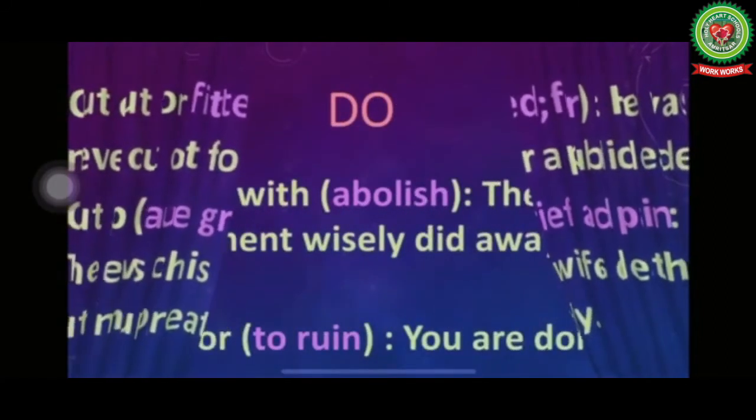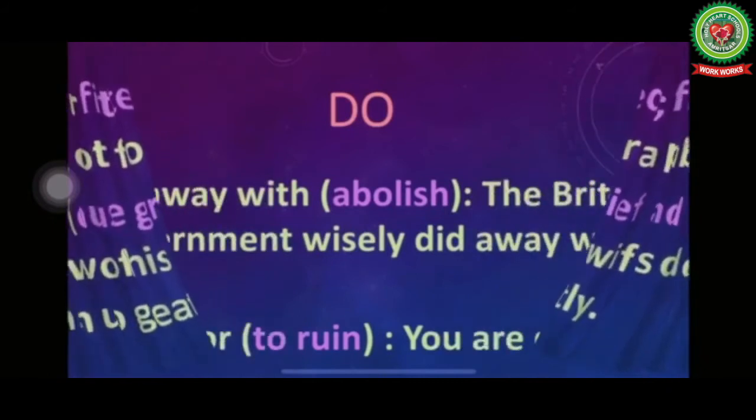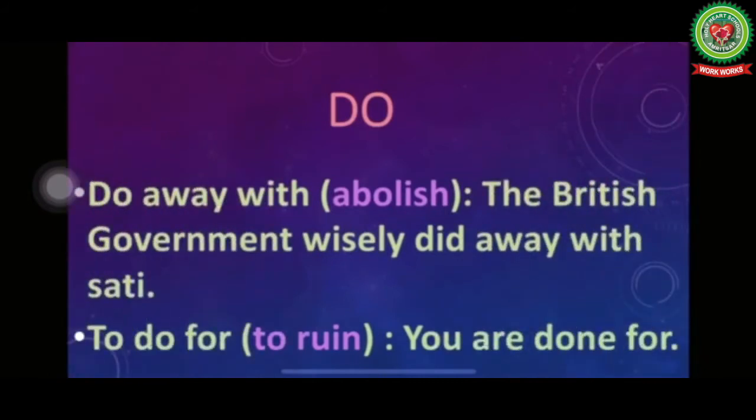Now children, see the next verb here. The next verb here is do. The phrasal verb here is do away with. Do away with means abolish, means khatam. The British government wisely did away with sati, means the British government wisely abolished sati system. So abolished, instead of using the word abolish or abolished, we may use the phrasal verb do away with or